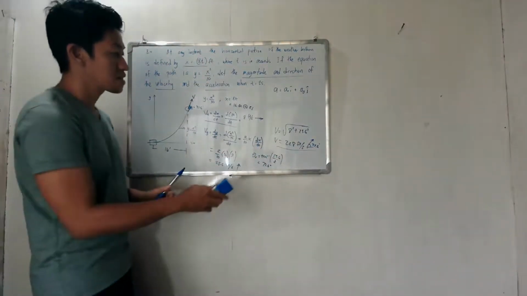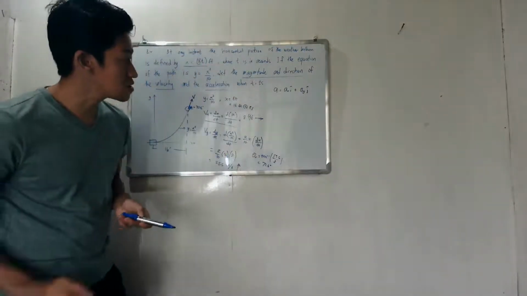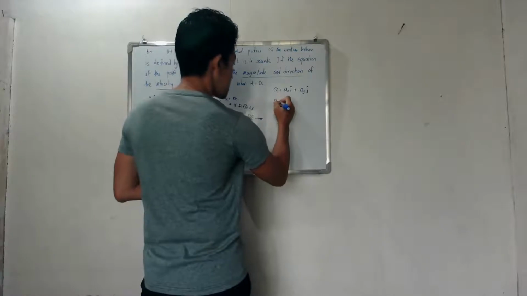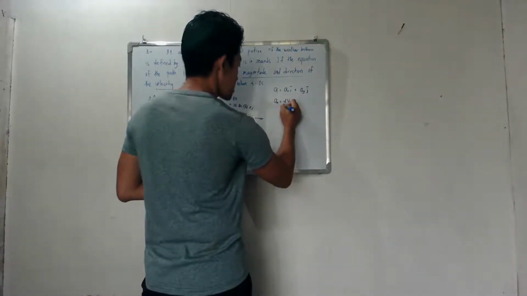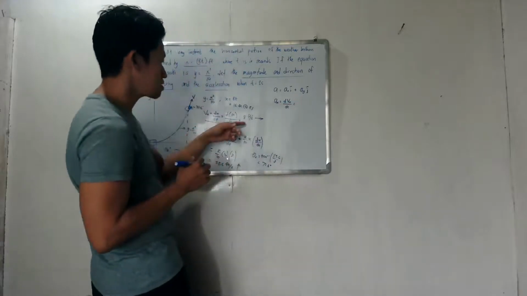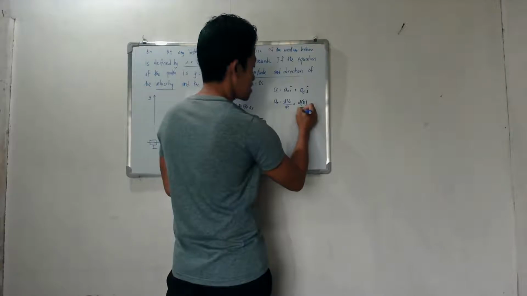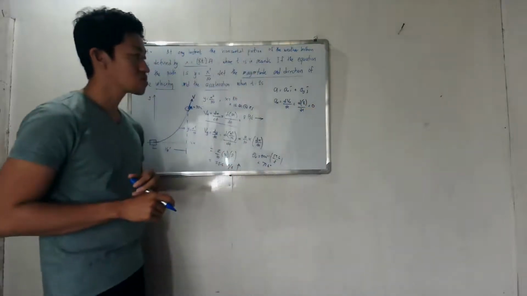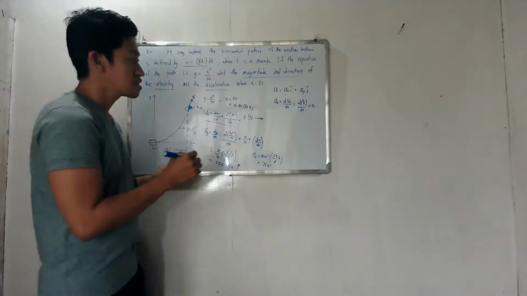Okay? There is a reason. For the acceleration, ax is the derivative of vx over dt. Your vx is 8, a constant. So the acceleration in x is 0. Meaning,